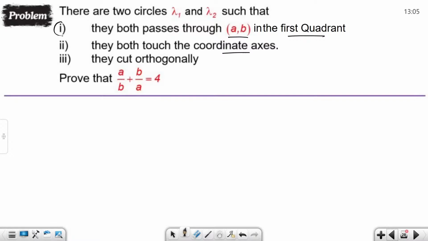Now simply by observing these two, I can say let the center of the required circle be at R comma R. As it is touching both the coordinate axes, the center will be at R comma R and the radius here is R for both the circles. Again I am telling you, because they are doing the same thing. Thus the equation of the circle will give us (x minus r) whole square plus (y minus r) whole square equals r square. So now if I open this, we are going to have